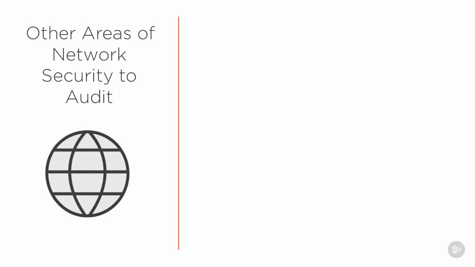But there's other areas, of course, of the network and network security we should then review as an audit. Some of these we've already talked about, but a very important area is always change control. Changes bring in risk. Something that used to work might not work after we've made the change. And that could be, of course, a change because of a change in a configuration, a change of a new